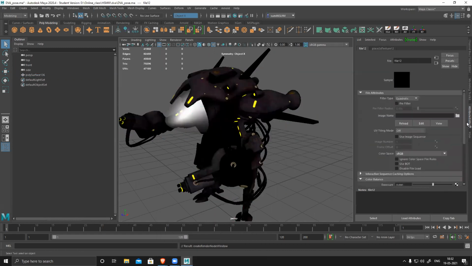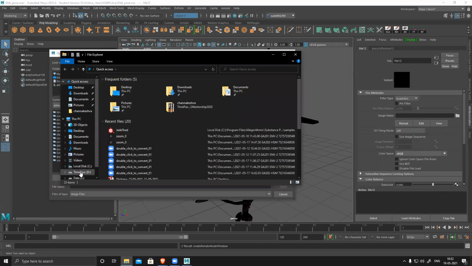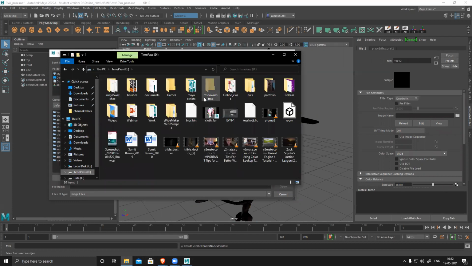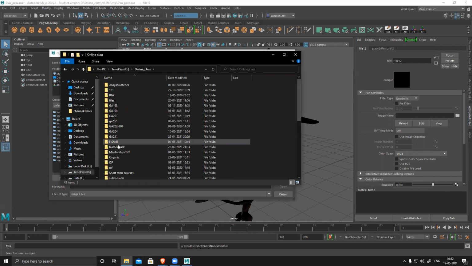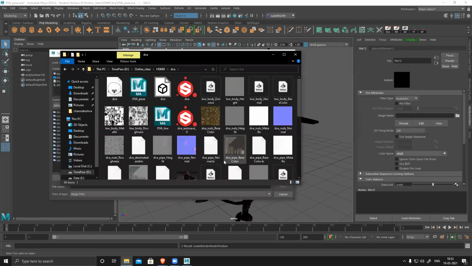Your file, wherever you use your file. Let's check wherever is my file. DPA, and where is my emissive map?